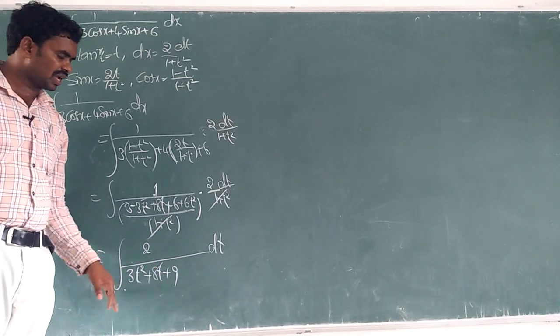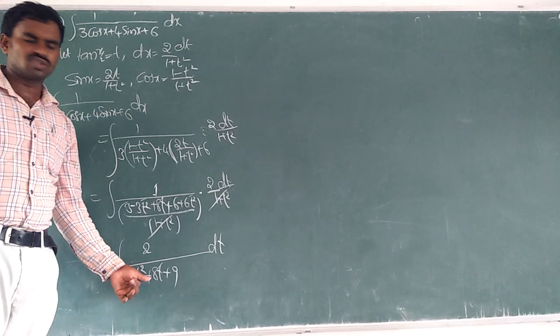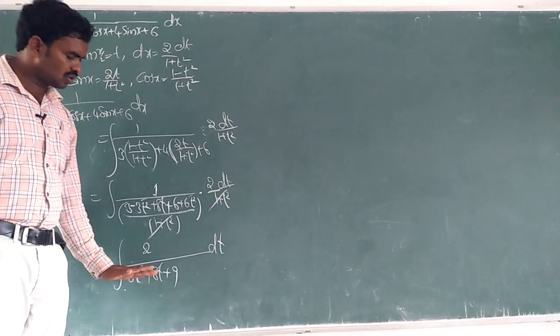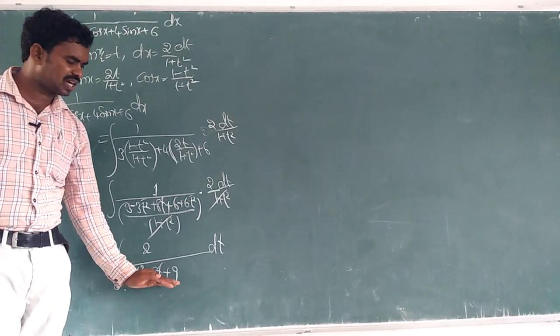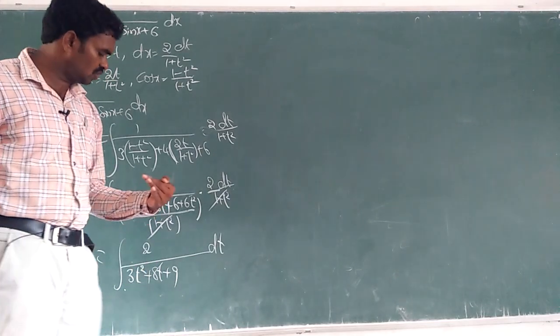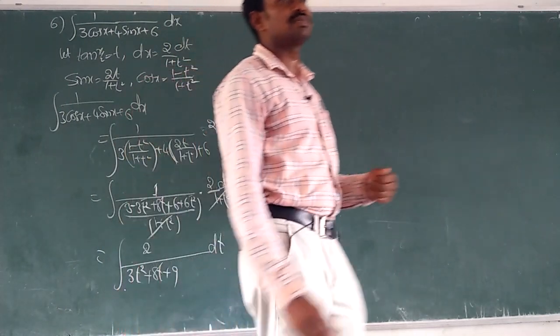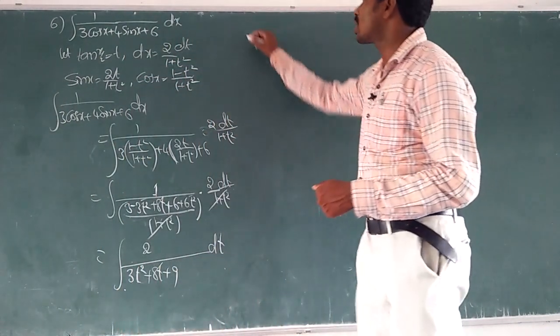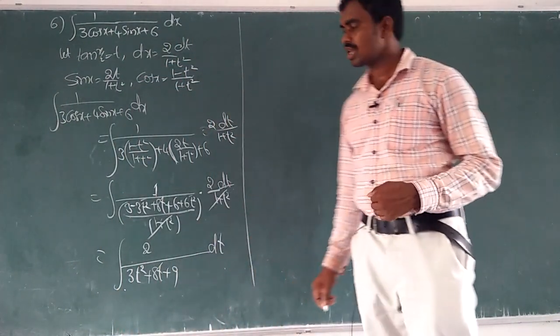This is not the square of any term. So how can we simplify this? From now onwards we have a different kind of simplification. That simplification will also be used next in parabola, hyperbola, ellipse. There also we can see those types of functions.